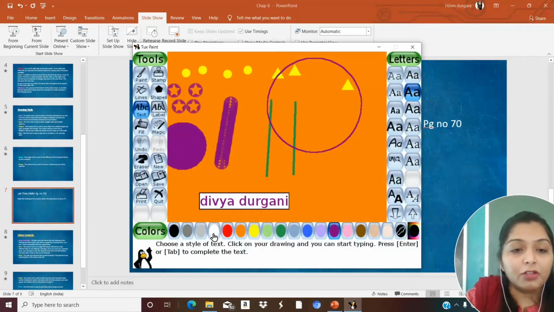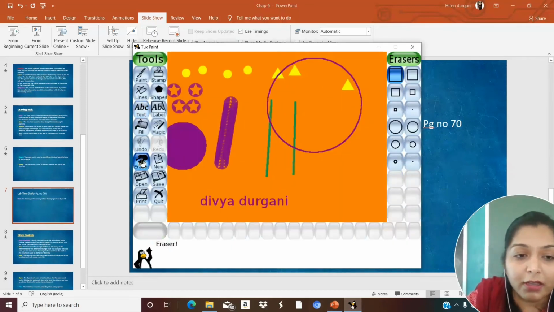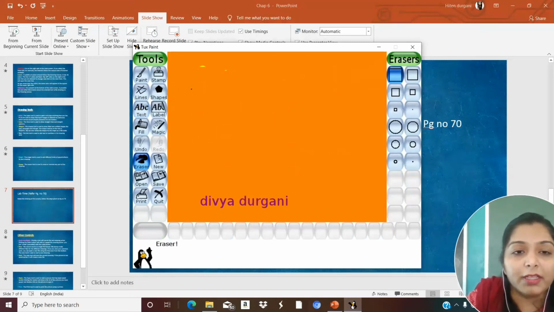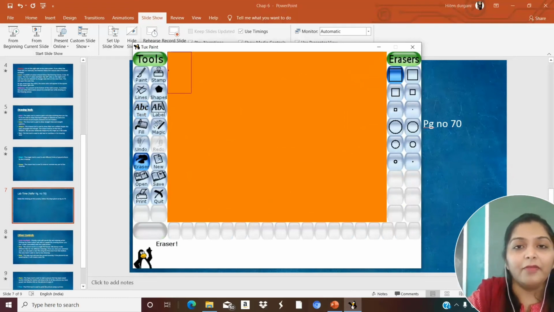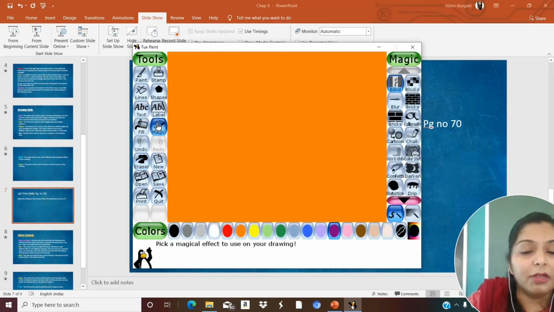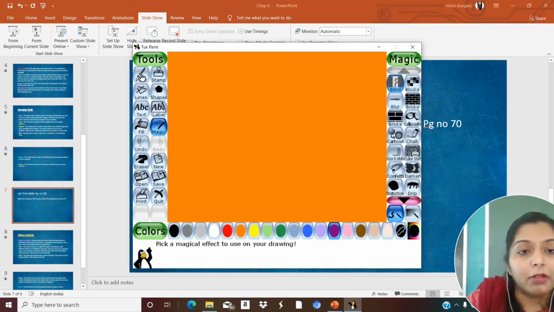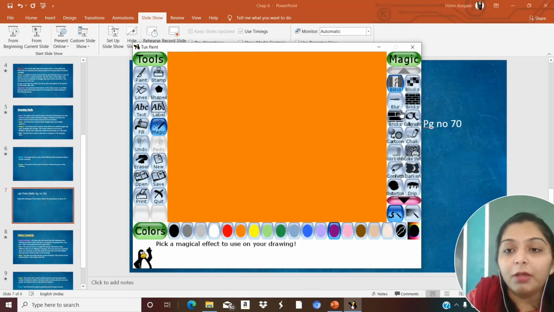See, here I will show you eraser. Now, this is the eraser. Okay, see. See, I am rubbing all the text here. Okay, clear? It's so much easy and so much good to see. Right? And this is the magic tool here. We can try different magics here. But first we have to draw a shape. Okay, and then we can do the magic tool.